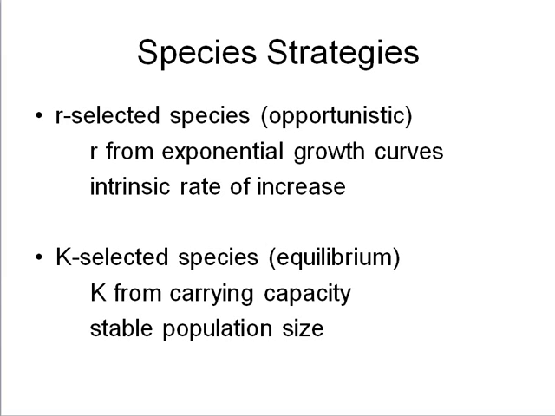Species strategies don't involve conscious choices made by individuals, but instead refer to life history adaptations which influence how successful species will be under various conditions. While no single species matches either strategy exactly, these are useful generalizations. Remember R, the intrinsic rate of increase? Populations of these species are capable of increasing quickly. K is the symbol that we use for carrying capacity. These populations don't grow as rapidly, but tend to maintain large, stable population sizes for long periods of time.